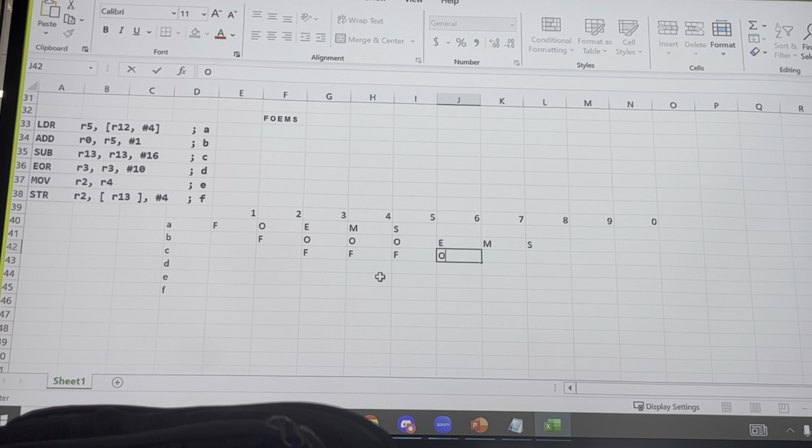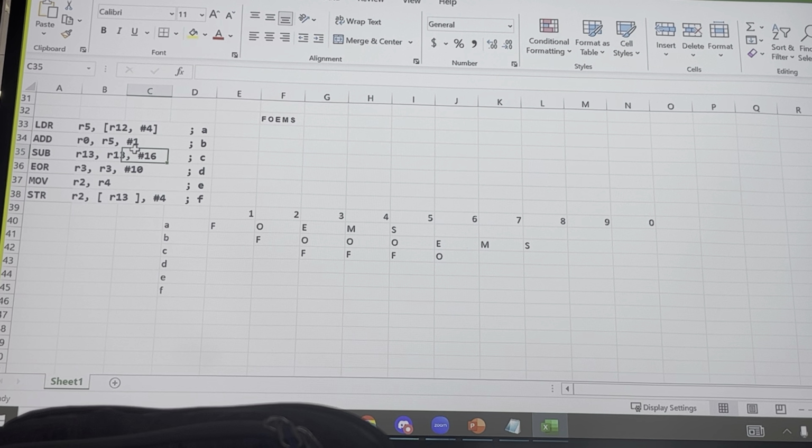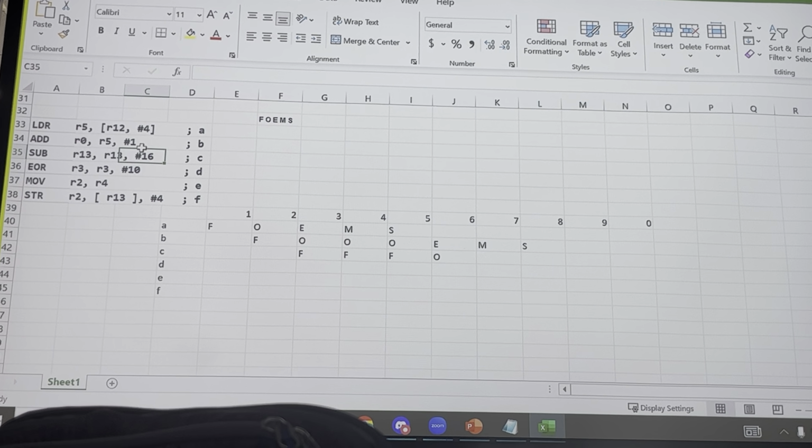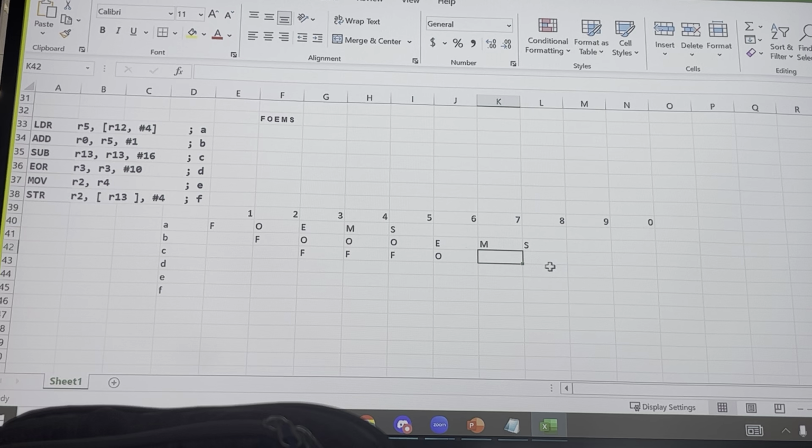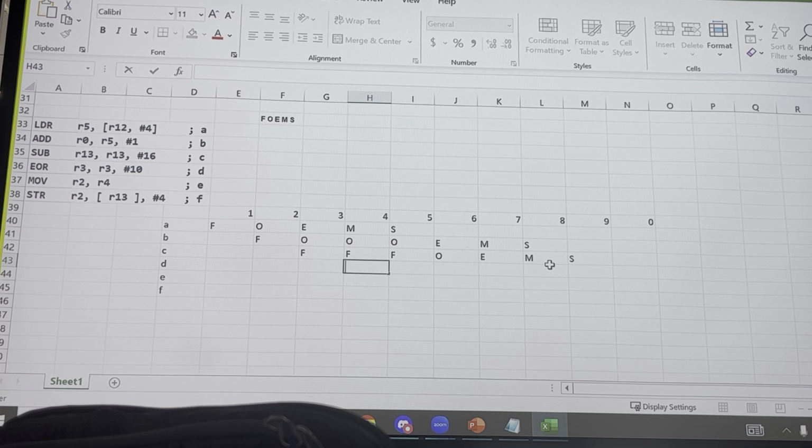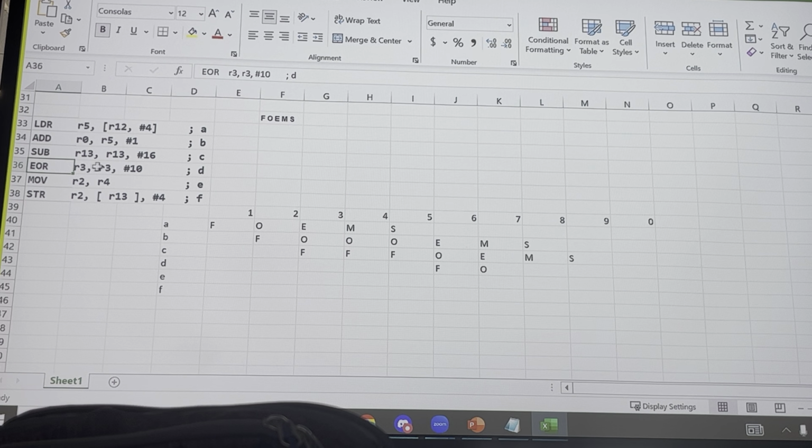Then we can try O, but what are we doing here? This is subtract R13 and R16. Do we care? No, we can just go on, right? As long as we're not in the same place in another part. So E, M, S. F here, but we can't, right? So really, we're going here. Try O here, but can't we? What are we doing? D is here, E-O-R. So what is this? Exclusive OR. It doesn't really matter what it's doing, but